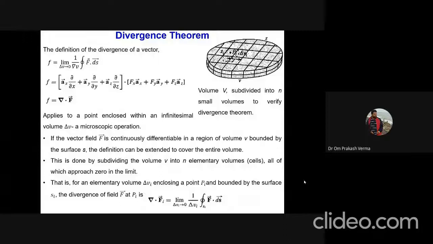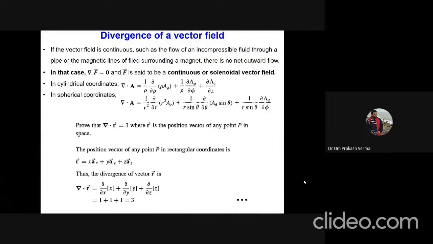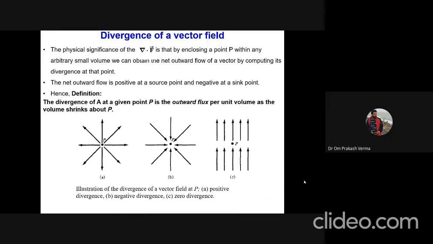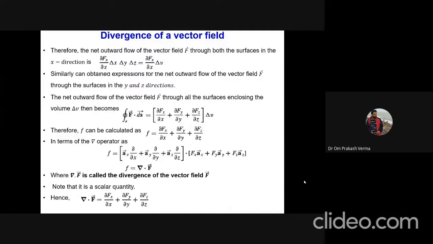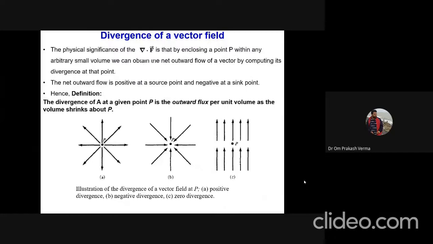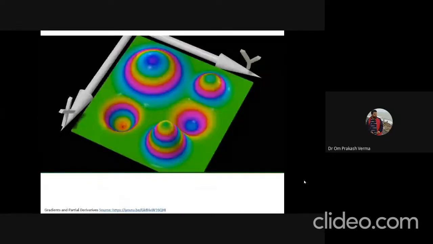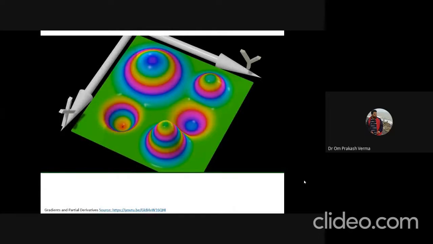In the previous class we completed the meaning of divergence, the significance of divergence, and the divergence theorem. We have already derived several mathematical formulations of the divergence. Today we are going to understand the physical significance of the partial derivative, the gradient, the divergence theorem